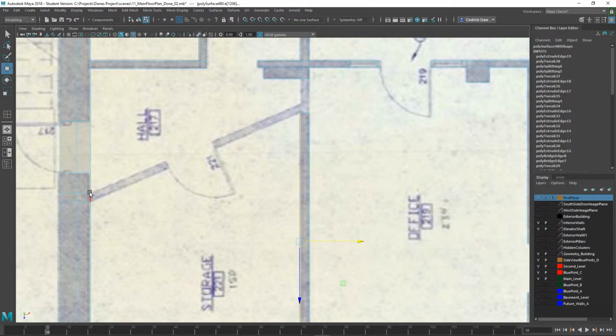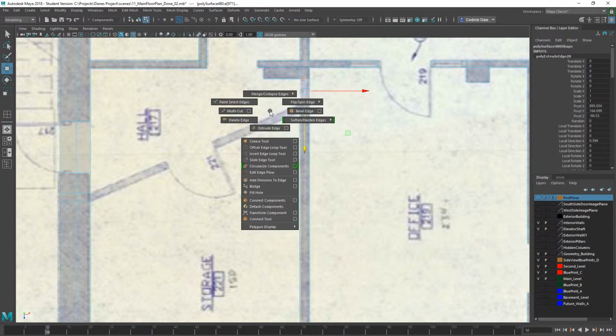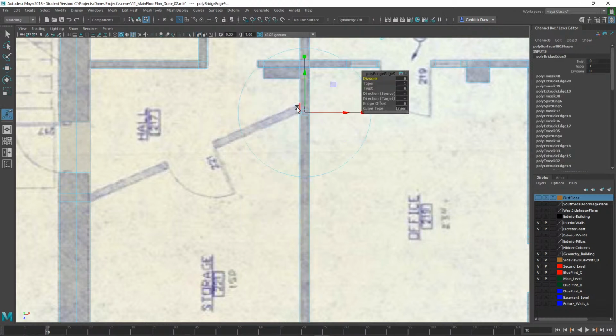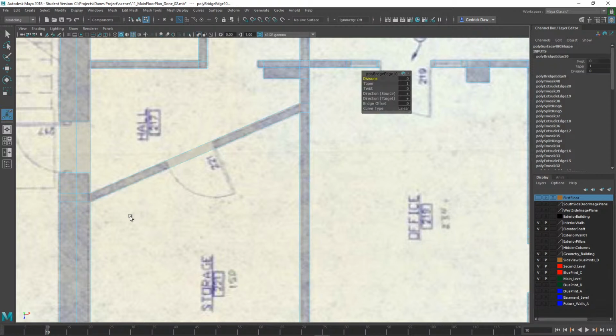There we go. Now I'll extrude it once, and then bridge. I'll take that edge, bridge,